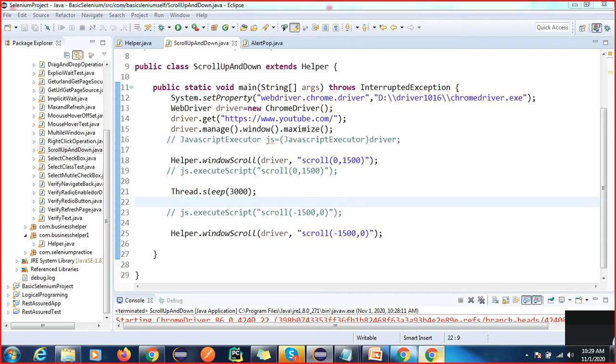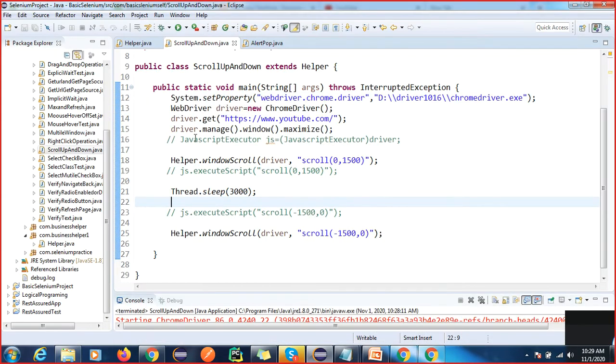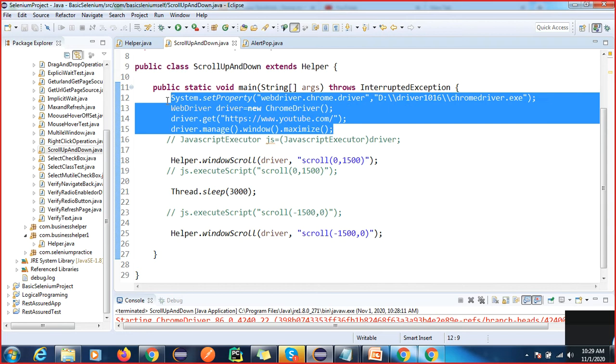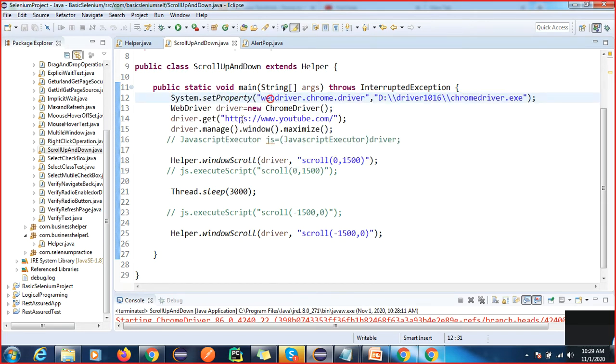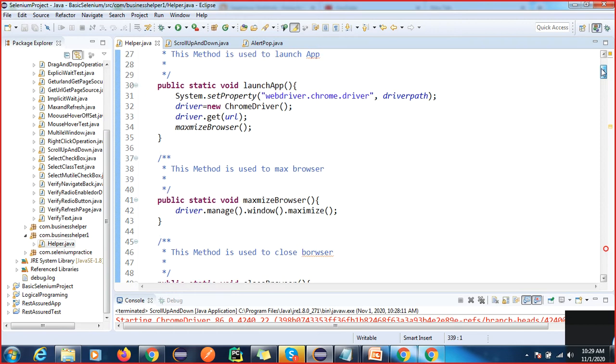So this is working fine, right? This is working fine, and we have created this, right? So all the topics, whatever the topics, you can also remove this, right? So how many lines of code we are able to do, we can simply call launch. You guys can do it, right? So let me show you.